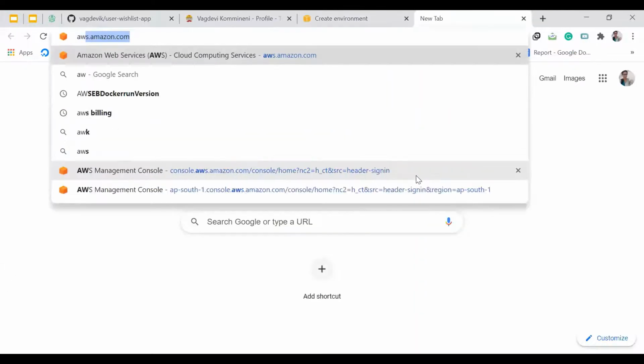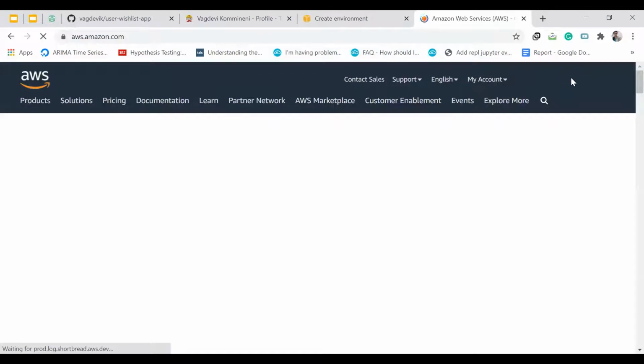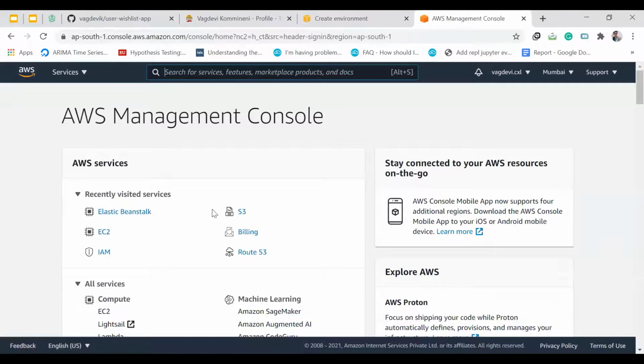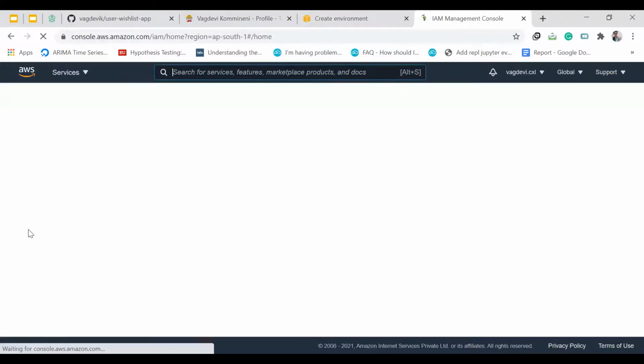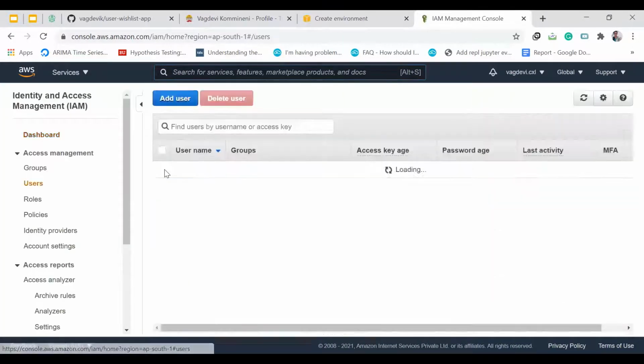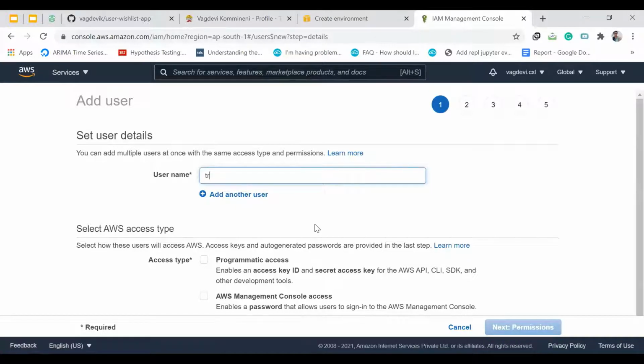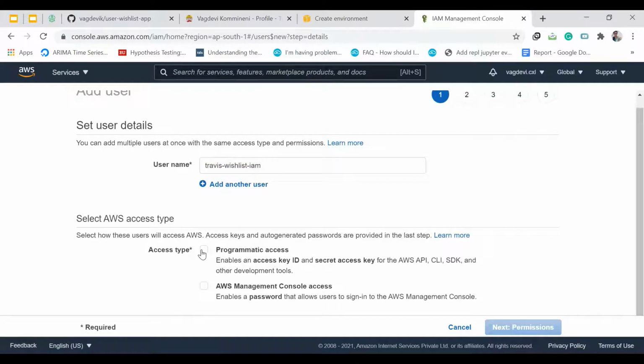So in another tab, AWS, sign in console, IAM, then go to users, add user. You can give the name Travis wishlist IAM. Okay. Then we want programmatic access.